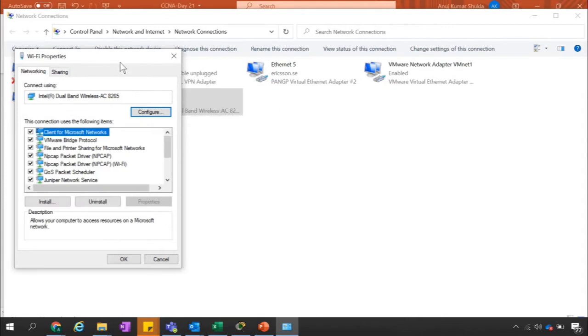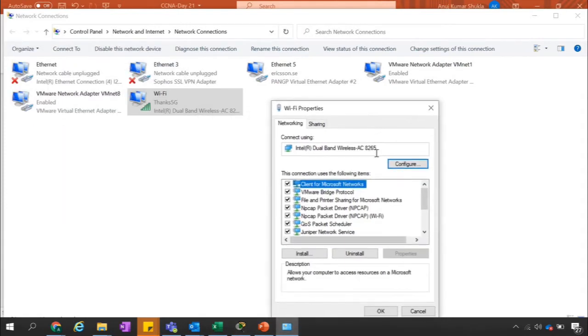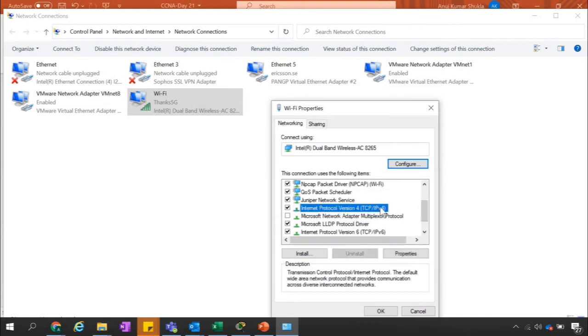These are the LAN adapters. You can choose any of them just to see from where I am getting the IP address. Right now I'm connected to the Wi-Fi, so I'm checking the IPv4 address for that one.